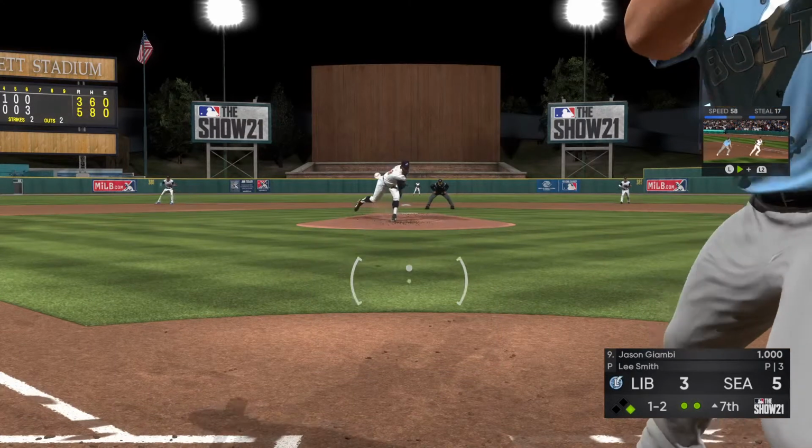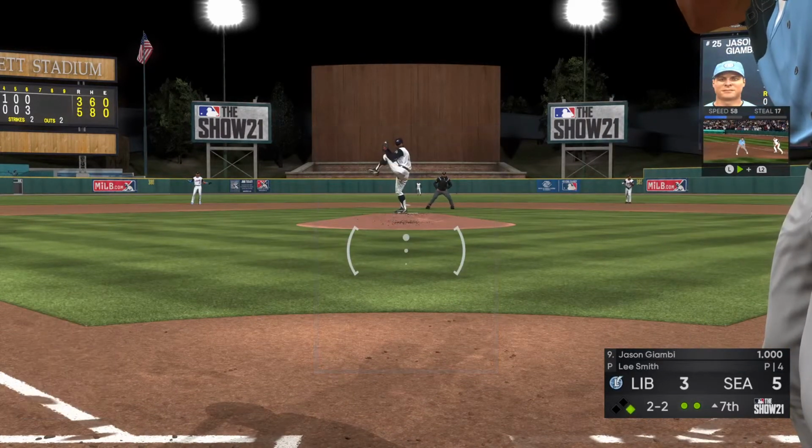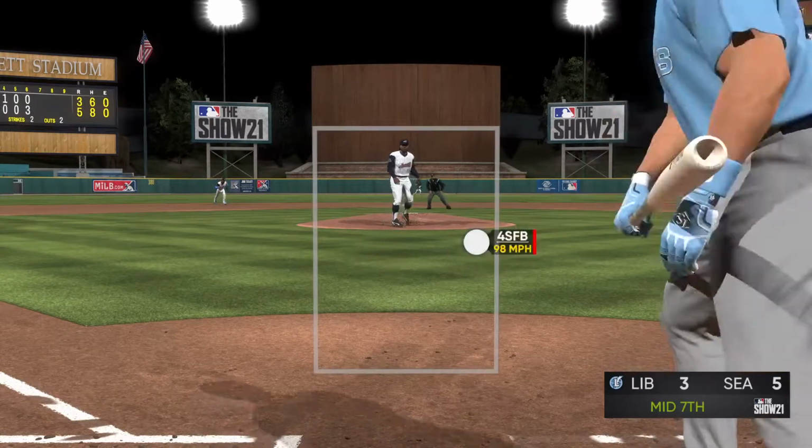It's 1-2. Forkball. That's in the dirt for a ball. Little slide step action there, Dan. Yeah, he's clearly thinking. We'll have to press pause. Is that...